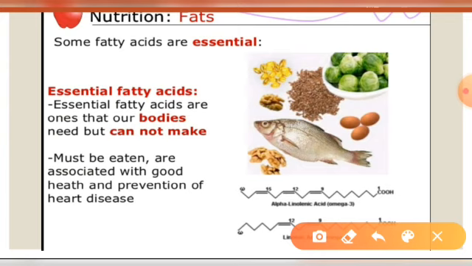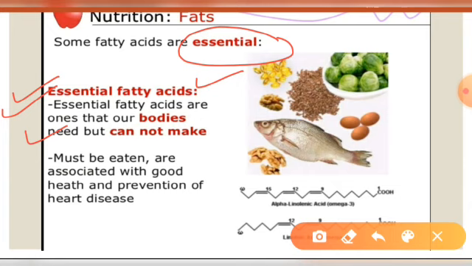Now, what are essential fatty acids? We have studied in our previous lecture that there are essential and non-essential amino acids. Essential amino acids were those which our body cannot synthesize and for which we are dependent on diet. Similarly, there are essential fatty acids which our body cannot manufacture and for this we are dependent on diet. So all the unsaturated fatty acids like linoleic, linolenic and arachidonic acid are examples of essential fatty acids